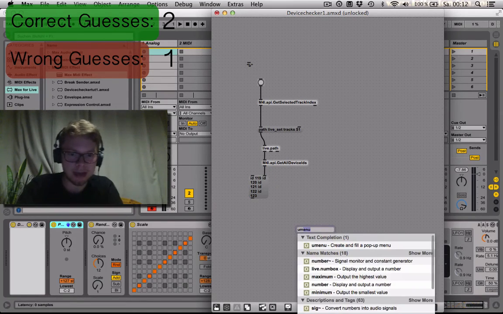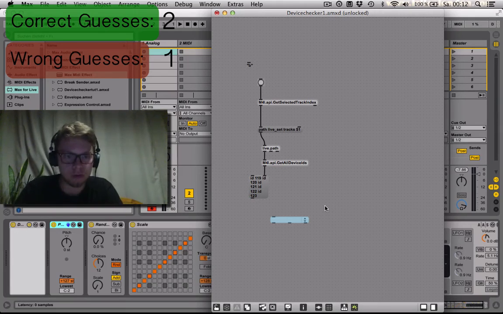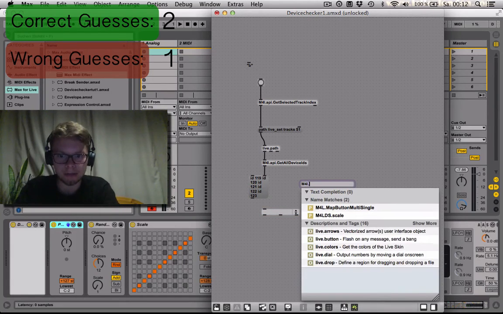What we would like to have is a umenu. A umenu is kind of a drop-down menu. And we want to have each device here listed with its name, so you can select the device that you want to track. Now, in order to do this, we need one thing, which is going to be the name of each of these ID numbers. And there is a third abstraction that we can use, which is called max for live.api